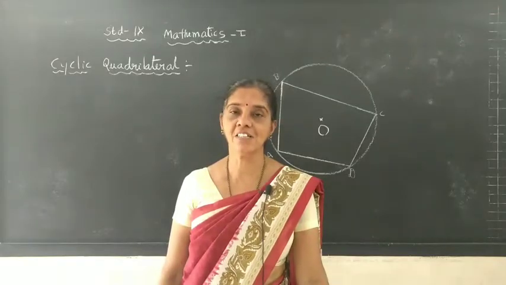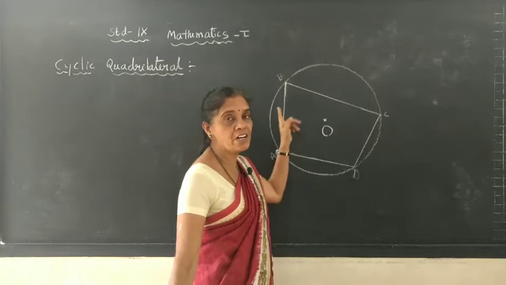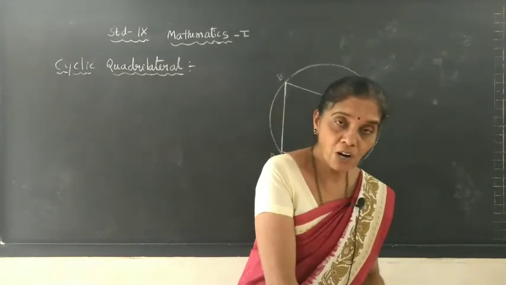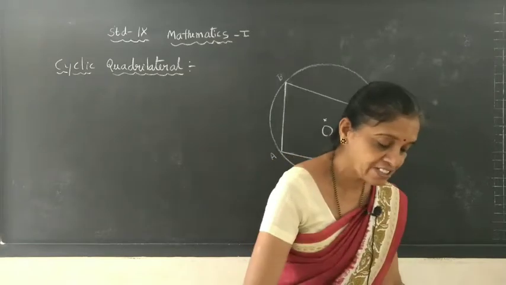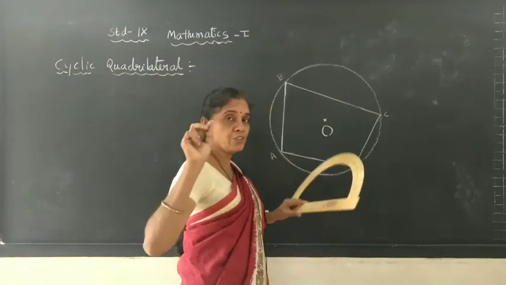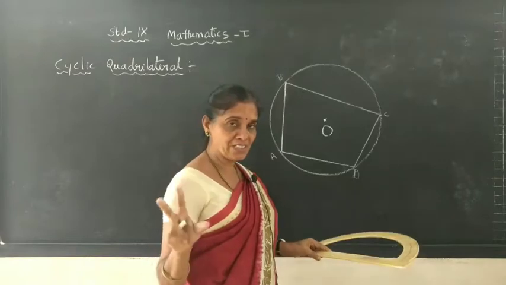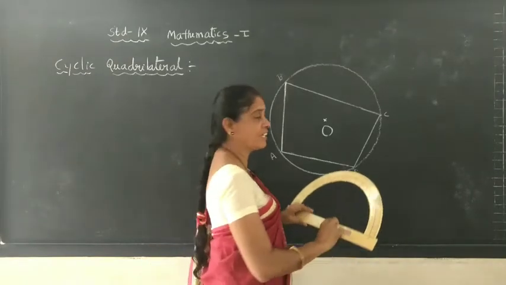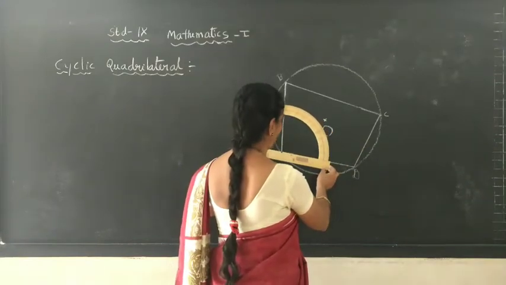Dear students, in the last class I mentioned to find out the measure of all the four angles. If you measured it and wrote it, I will tell you the next step. Meanwhile, I will measure the four angles here and write down the measurements. If you did not do it, do it now in your book, or if you did it, keep it aside. I will tell you what result we will get. Then you check your angles, how much you got and what relationship they have.